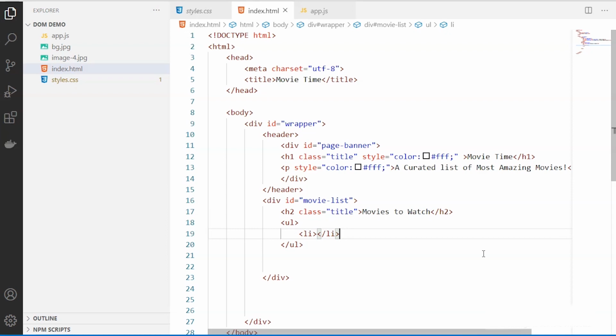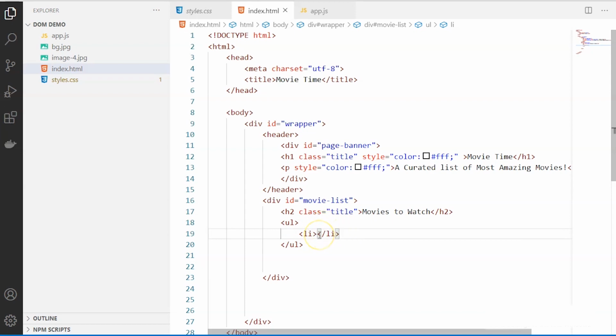So both elements have to be there for each movie list. So I will be specifying the name of the movie here, and I will also be specifying the delete button.